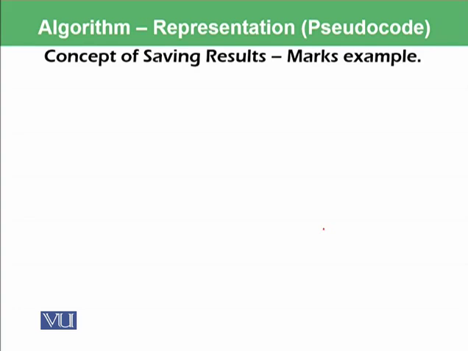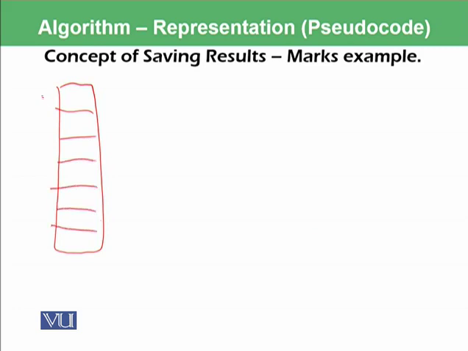So we'll start with a very basic introduction of how to represent the concept of saving results using pseudocode. You must remember our computer architecture lectures where we represented a RAM like this, and we said that every cell in the RAM has an address. So for example, this has 0001, 02, 03, 04, and so on. For example, we want to say that you have received 90 marks out of 100 in the Introduction to Computing course. Then we will write result